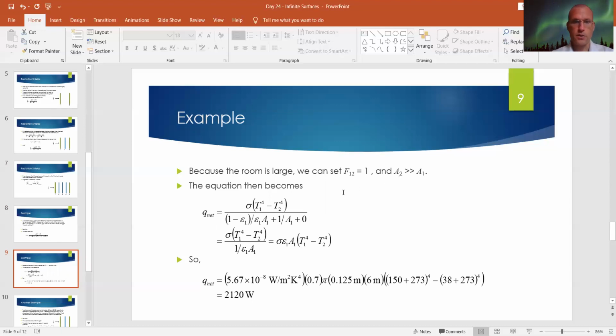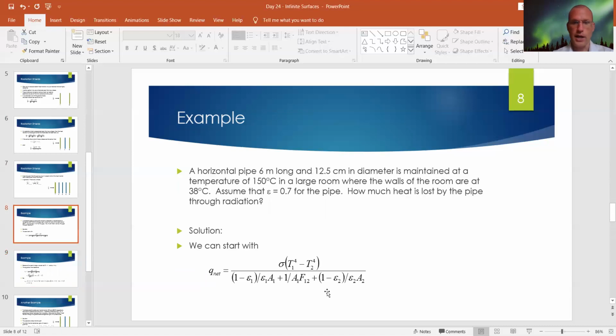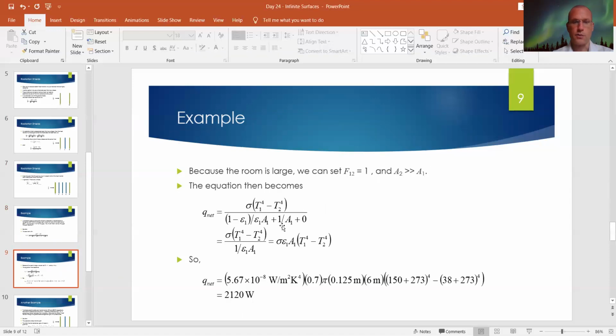So using those approximations, to look at my previous equation here, I have 1/A2 essentially, but here I'm going to assume that A2 is really, really big. So that's just going to go to 0. F12 is going to be 1. I'm going to be left with an A1 there. And so there's my A1, there's my 0, because A2 is really, really big. And then this term coming off my cylinder. And so cleaning this up a bit,